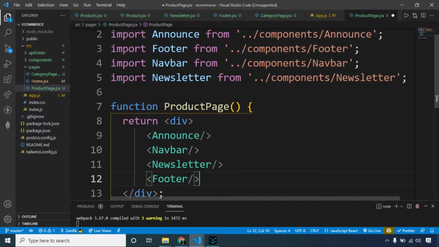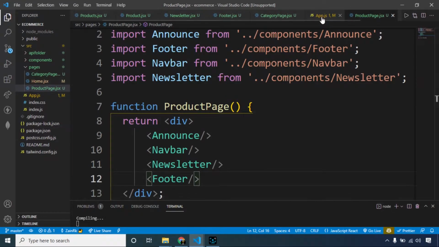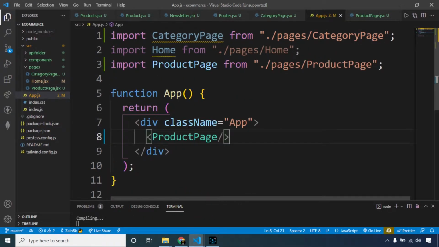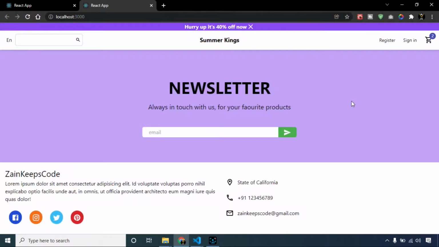Let's see the results. To see the results, we should change our app.js and call our product page here. Save this. And this is the product page successfully imported with our pre-built components.